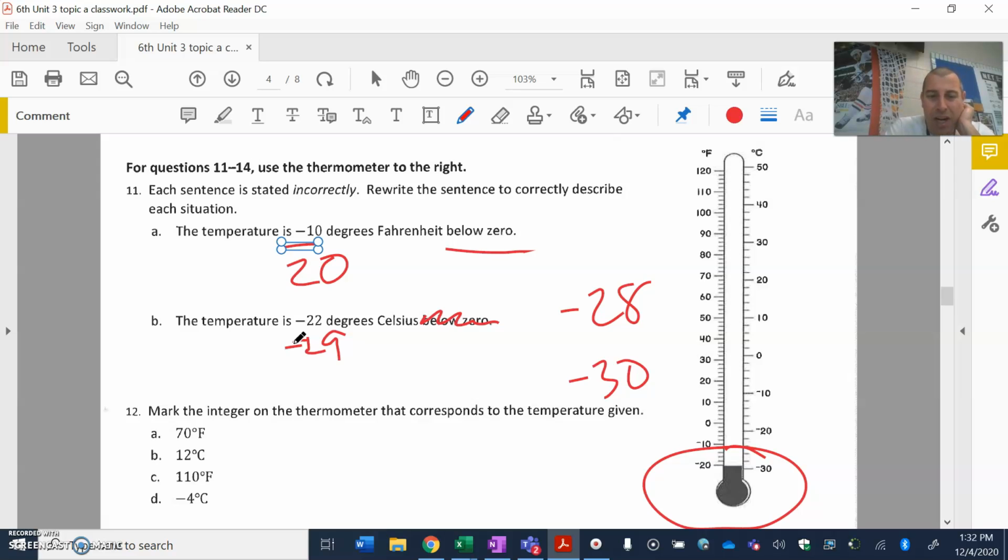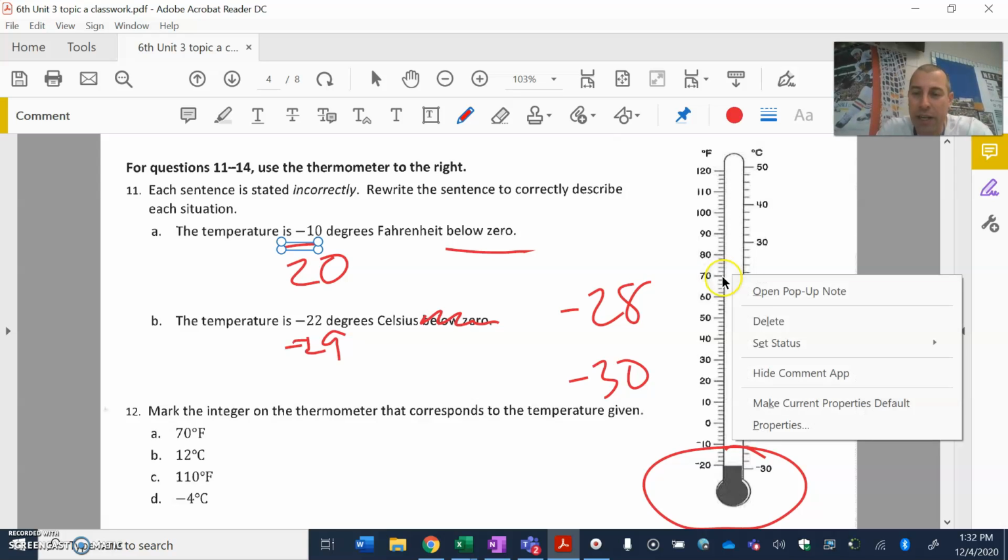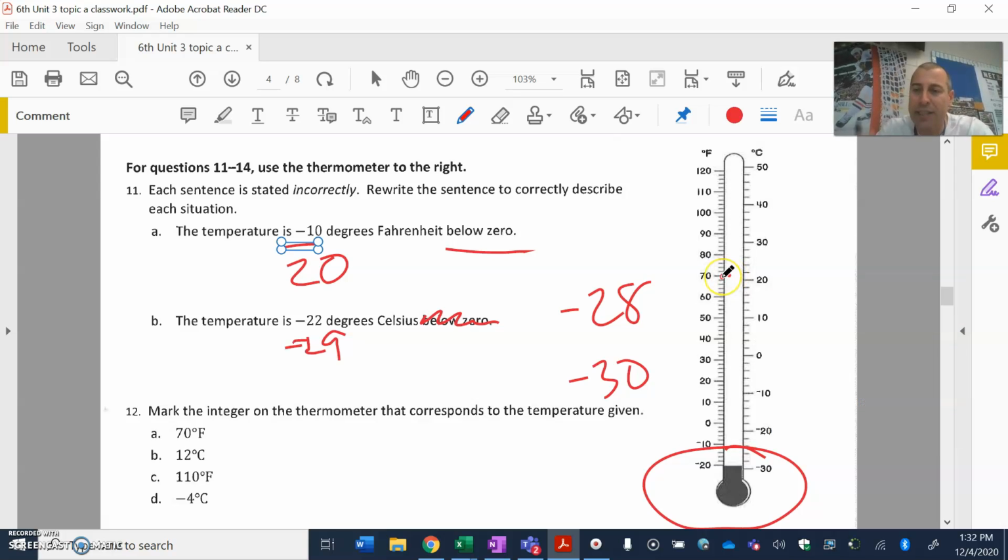All right. Mark the integer on the thermometer that corresponds with the given temperature. Okay, go ahead. Flash your points on there, people. Like 70 degrees Fahrenheit. There it is. My dots aren't going to come out nice, so you've got to